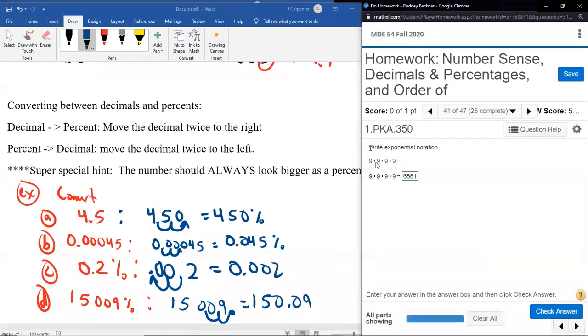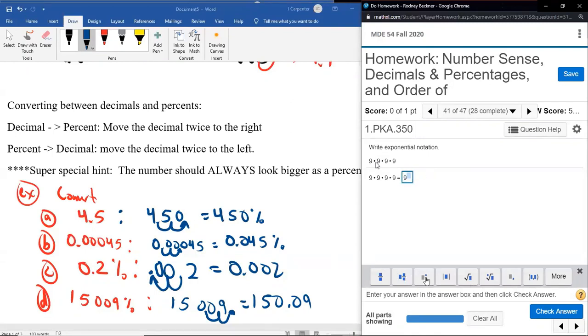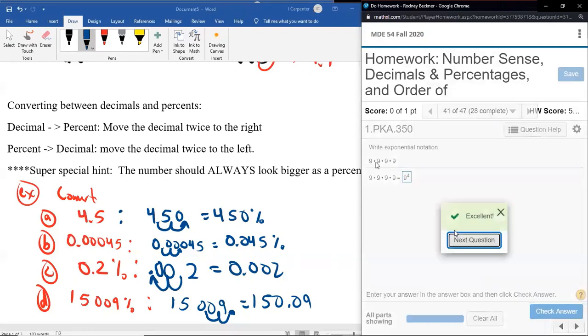So what did the instructions actually say? Write in exponential notation. Earlier, we showed you what exponential notation looked like. When we had that 3 squared, it was 3 times 3. So this is more of an expanded form. What they want us to do is write this as like 3 squared or 5 cubed. So 9's being repeated over and over, so we do 9. Then we can hit this button right here to get an exponent, and there's 4 of them, so let's try a 4 here. Check, and that's exactly what they wanted.